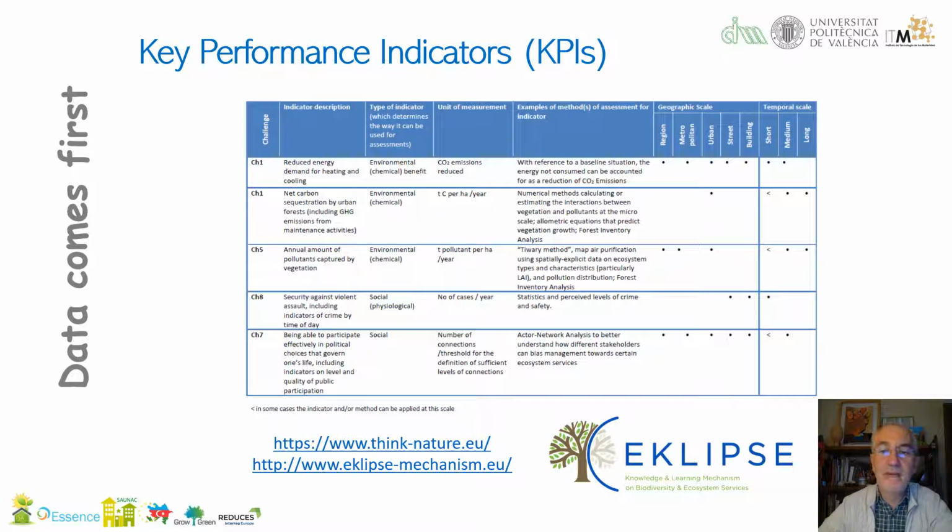For that, we suggest that you could use the Eclipse set of frameworks of key performance indicators, which can be found on the links provided there.